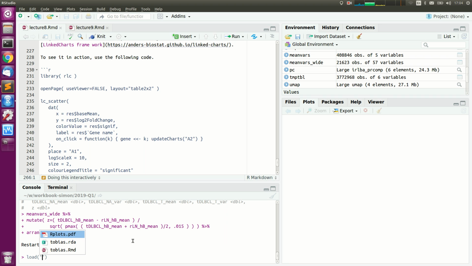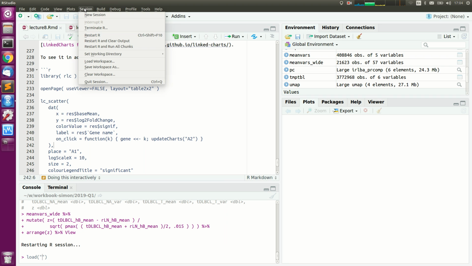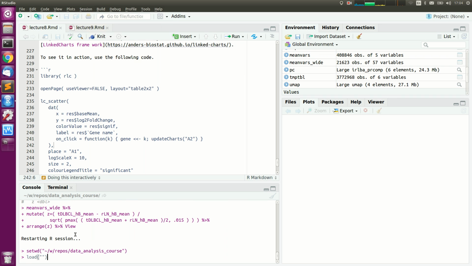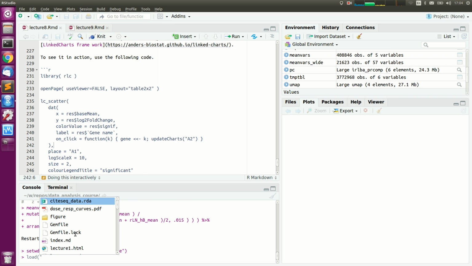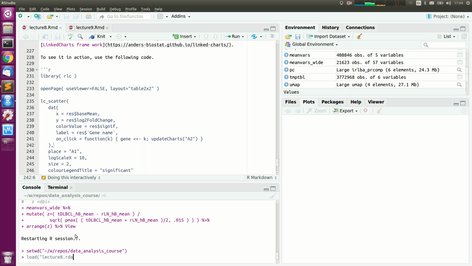No, that's the wrong one. Session, set working directory to source file location. Picture 1, texture 3, 6, 7, 8, RDA. Yes, that should be it. So what